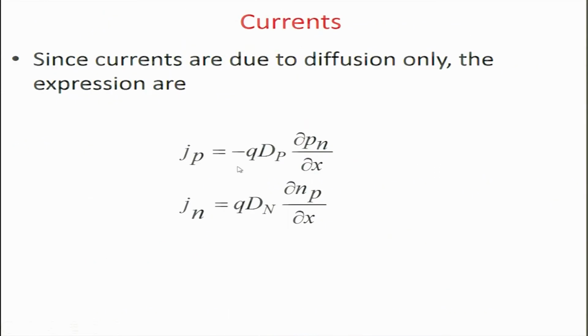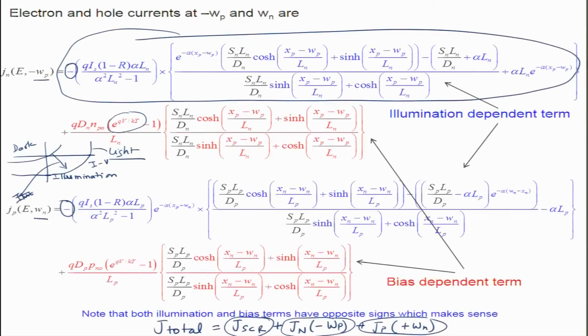When we substituted these carrier concentrations into the differential equations, what we got is the current, and in this current you can see there is a bias dependent term and an illumination dependent term, both independent of each other. One depends upon the incident radiation and the second depends upon the bias. Similarly here, one depends upon the incident radiation, another depends upon the bias. So, this is Is here in both the terms. Similarly, you have qV by kT.